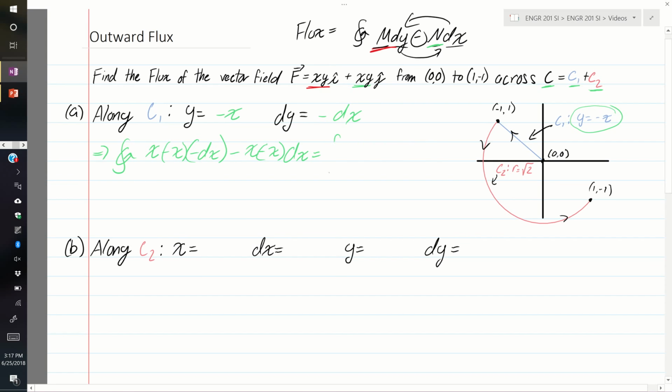Which equals the integral of x squared plus x squared times dx. And we can simplify that down to the integral